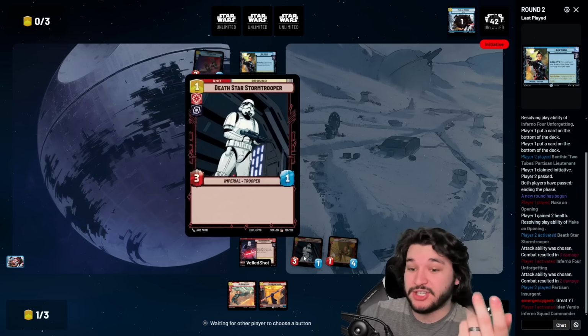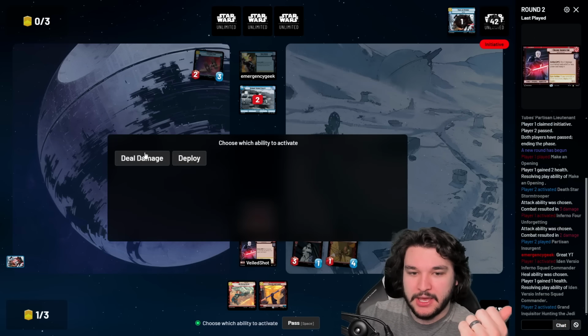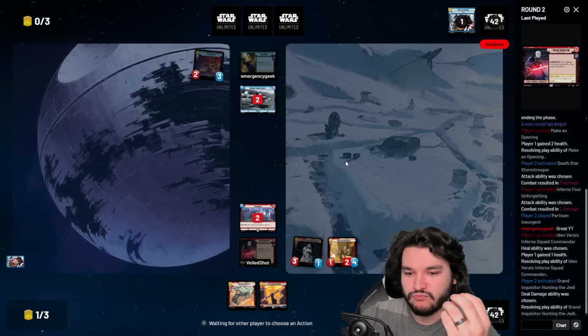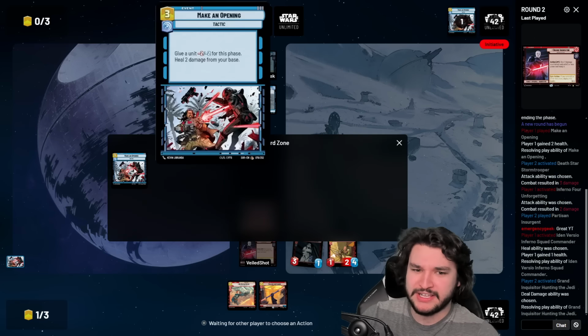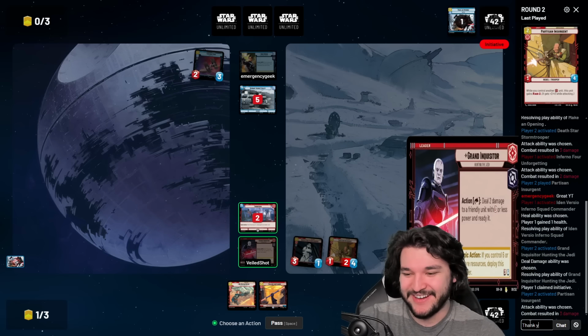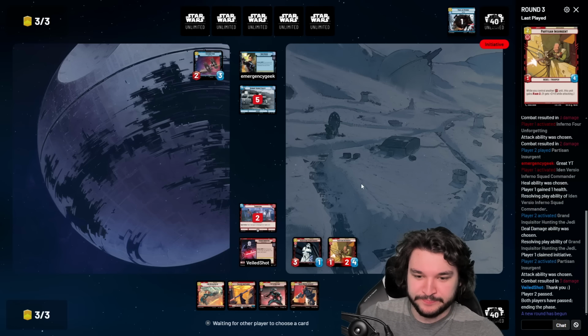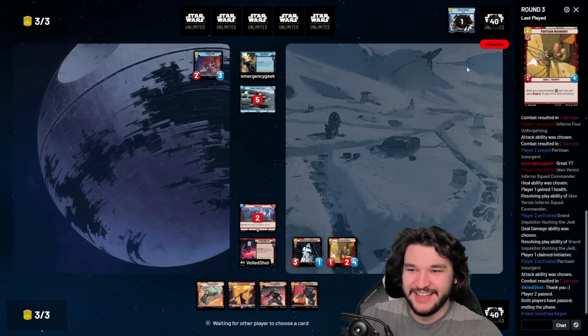Of course, if I had just attacked with Death Star Stormtrooper, they still could have played Make an Opening and gone ahead and healed the 2. Really, you just want to heal that 2 with Make an Opening. It's getting in for 3, and they said great YouTube, so thank you. Appreciate that. And here I am criticizing their Make an Opening play. But